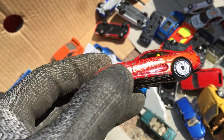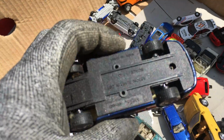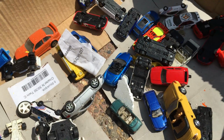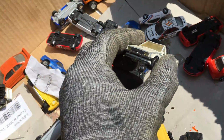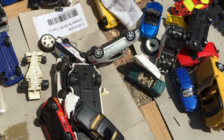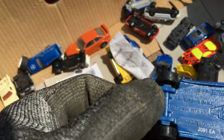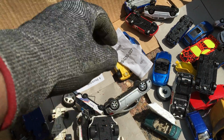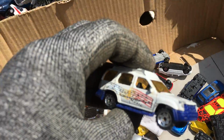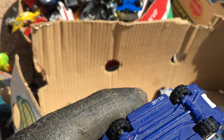We have a Toyota Supra. A truck and an Aston Martin DB, what is it? DB7. Let's see what else. This is another Ford Escort, a little trophy thingy, forgot the name, forklift. Then we have a Lotus, Lamborghini Diablo, nice. Lots and lots of these wheels, I'm gonna take them out. This is a, let's see, Matchbox Nissan